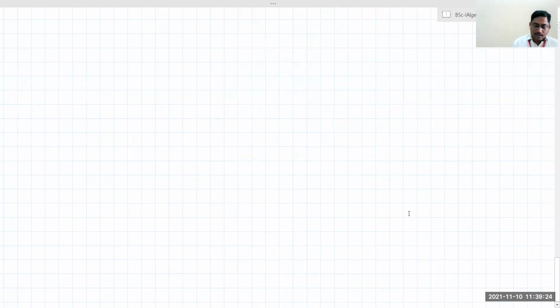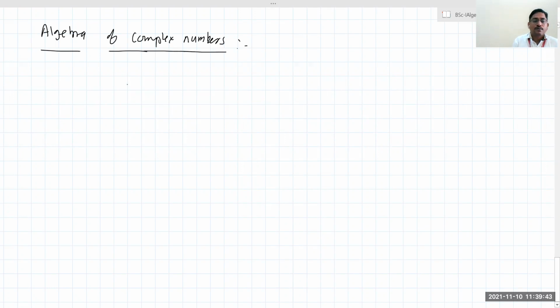Okay, we have defined these Argand diagrams. We have to just do the things on algebra of complex numbers. What do you mean by algebra of complex numbers? These are all preliminary things that you should know. Algebra of complex numbers means you have to do all the arithmetic operations. What are the arithmetic operations? We have to add two complex numbers, how one can subtract two complex numbers, how to multiply, and later on how to divide. Four arithmetic operations in all. That means it is just algebra of that set. Your set is complex numbers.